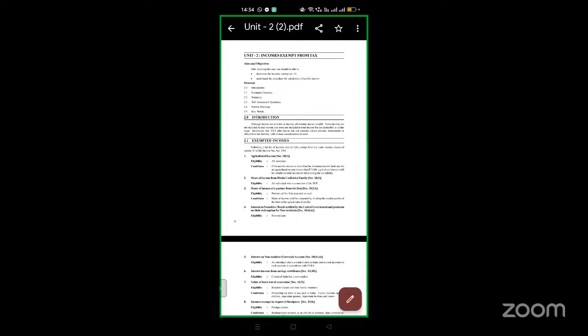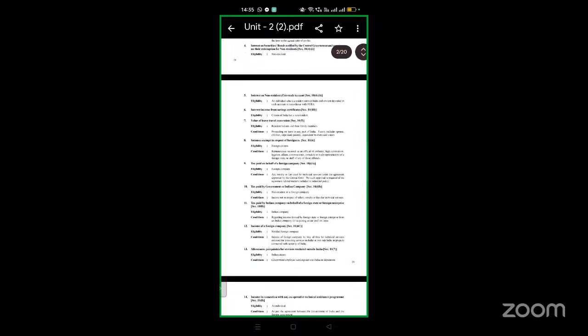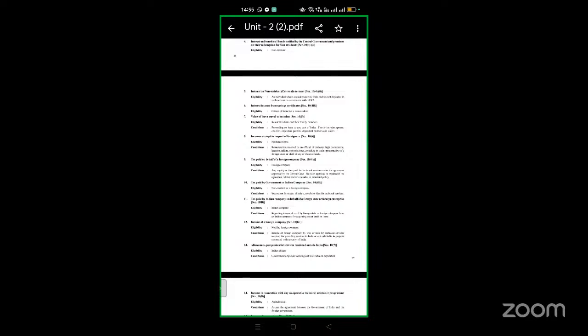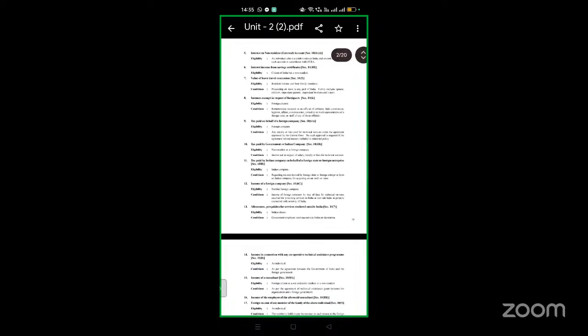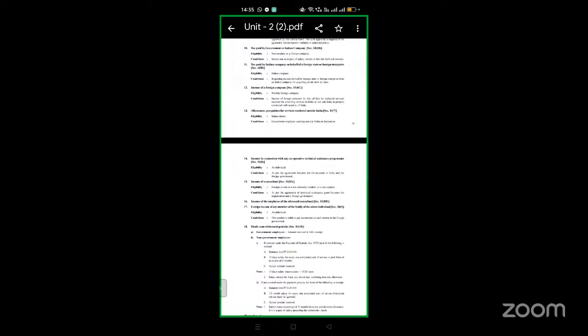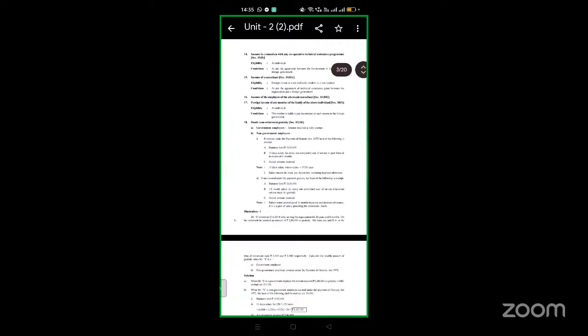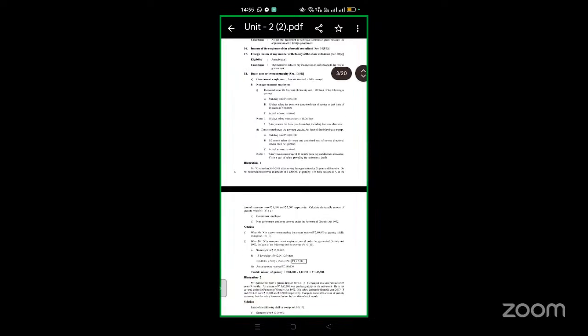Under the incomes exempt from tax, we have agricultural income, share of income from Hindu undivided family, share of a partner from his firm, interest on securities, that is bonds notified by the central government, and premium on redemption for non-residents, interest on non-resident account, interest income from saving certificates, value of leave travel concession, incomes exempt in respect of foreigners, tax paid on behalf of a foreign company, tax paid by government or Indian company on behalf of a foreign state or foreign enterprise, income of a foreign company, allowances, perquisites for services rendered outside India, income in connection with any cooperative technical assistance program, income of a consultant, income of the employee of the aforesaid consultant,